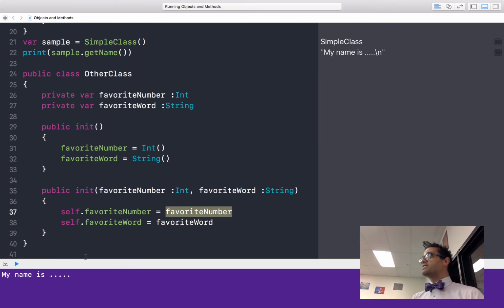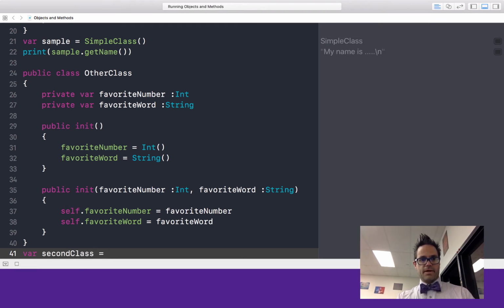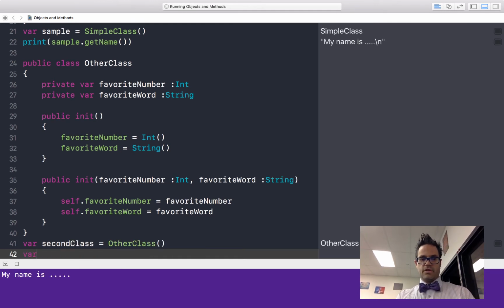So let's demo that and see how it's going to work. So we're going to go right here and we're going to make another variable. So var second class equals OtherClass(), and then var third sample